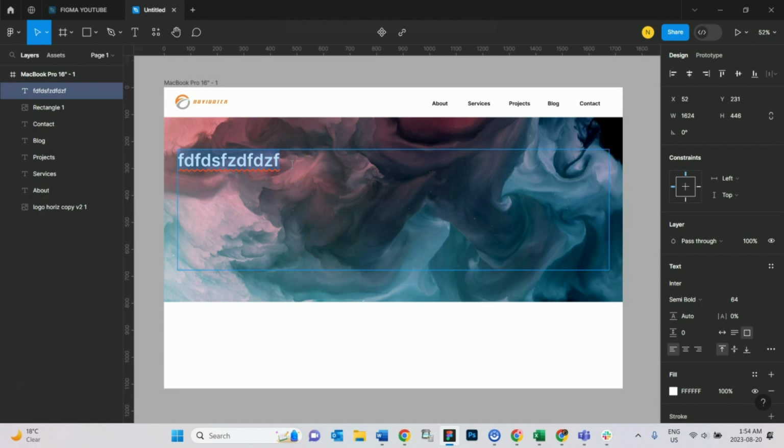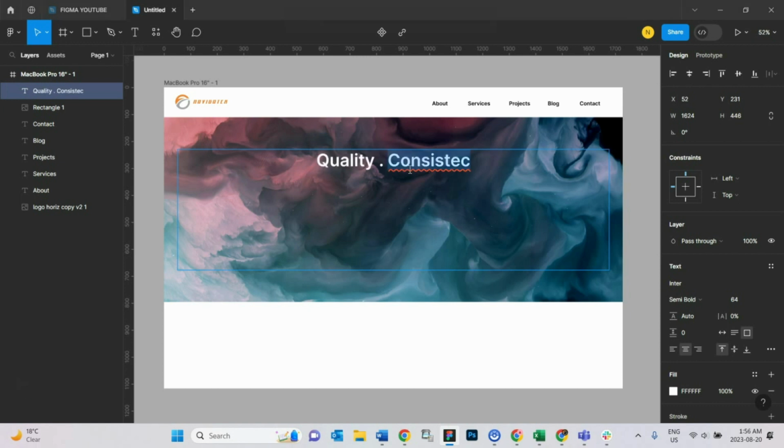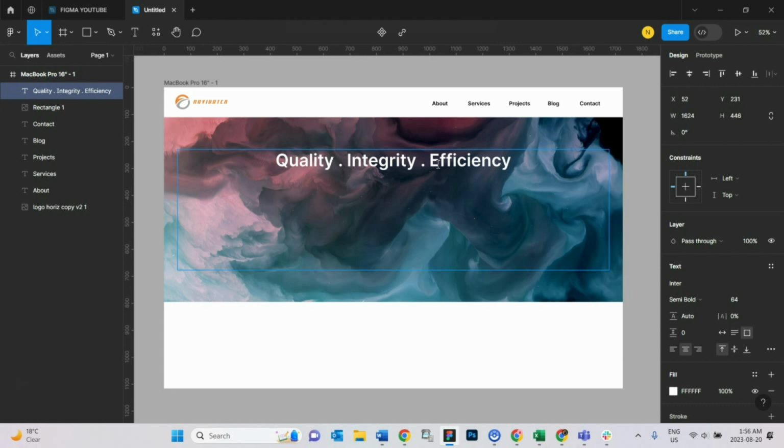Alright, so let's make this center aligned, and we are going to add some text here. Let's say integrity, efficiency. Okay, so we've added some text here, and as we can see here that the text box itself is